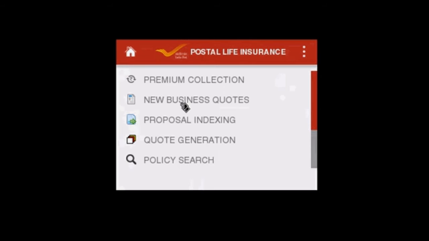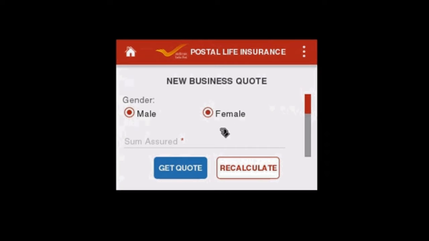Now the second option, new business codes. We will see one example of it so that we can understand what exactly the procedure is, for which we have clicked new business codes.